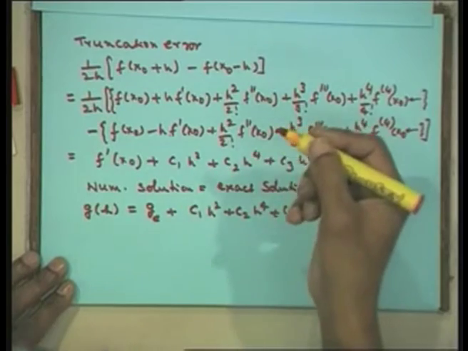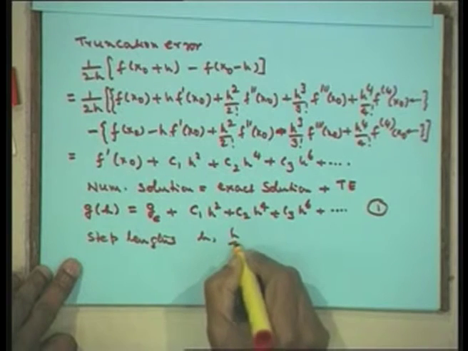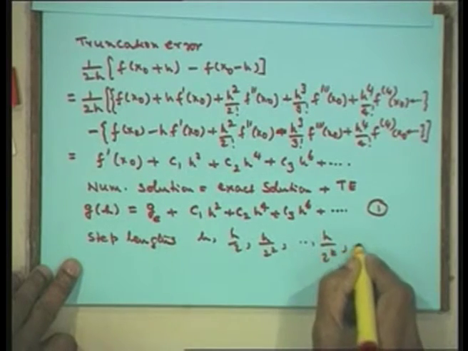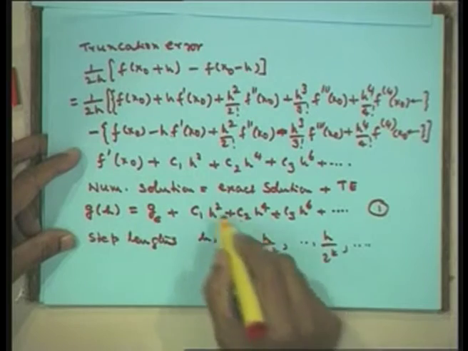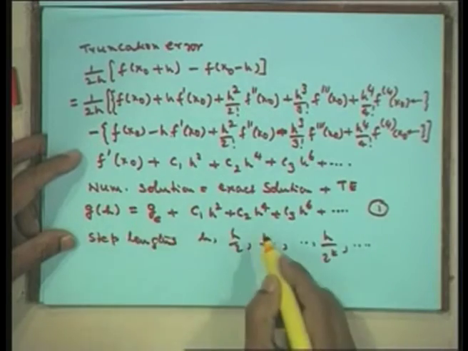Now, we need to take the step lengths starting with step length h and then decrease it further. For our discussion, we shall take the remaining step lengths as h by 2, h by 2 square, h by 2 cubed and so on. Therefore, we use the step lengths as h, h by 2, h by 2 squared and so on, h upon 2 to the k and so on. Now, I can set h equal to h by 2, h by 4 in this equation and then write down what would be the expressions in that case.